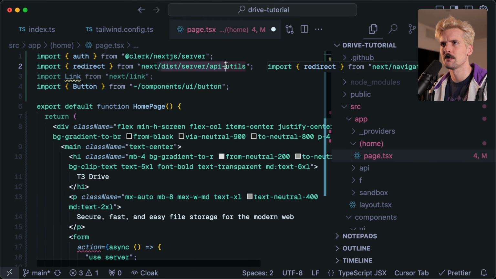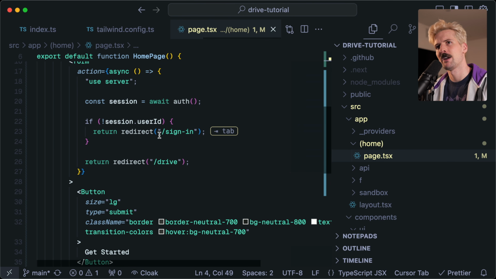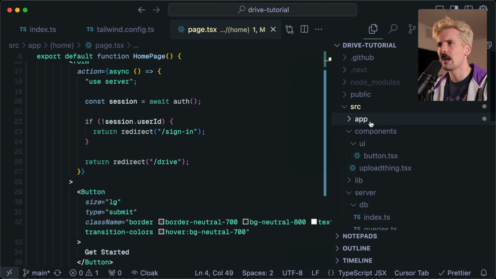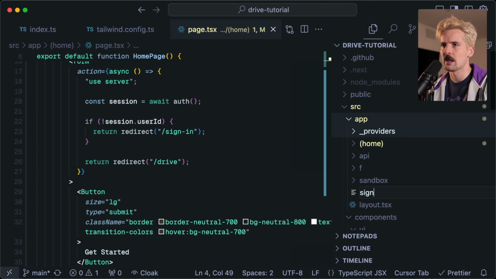Why is that coming from there? It should be next navigation. There we go. Now we have the redirect to sign in. We have the redirect to drive. Since this is all being hit from home, we could put it in here. I think it's probably better to do it higher up, sign in